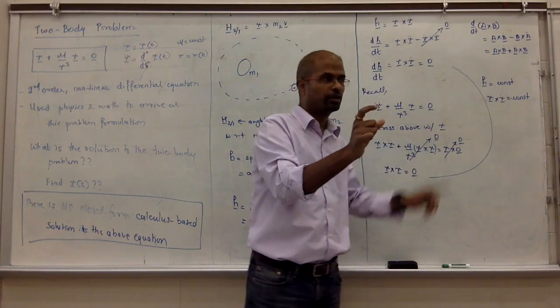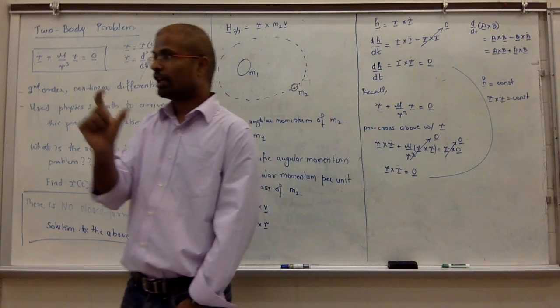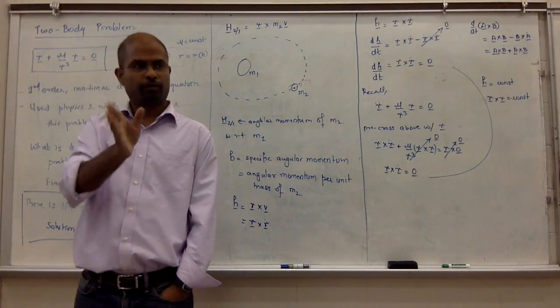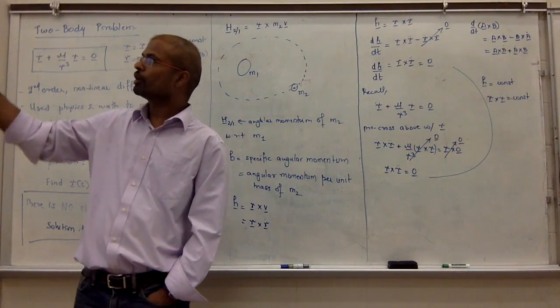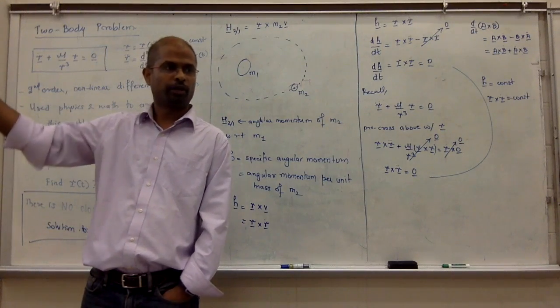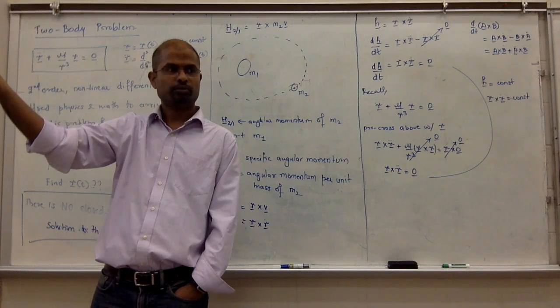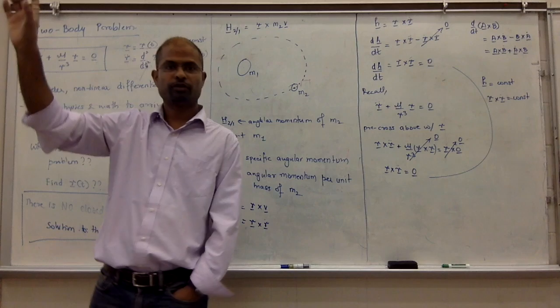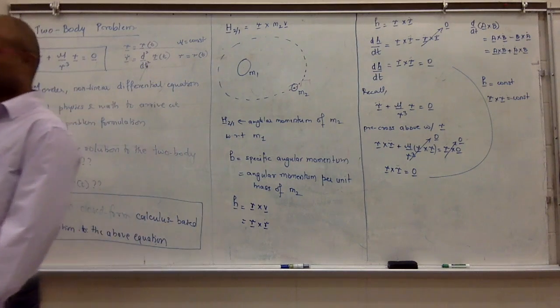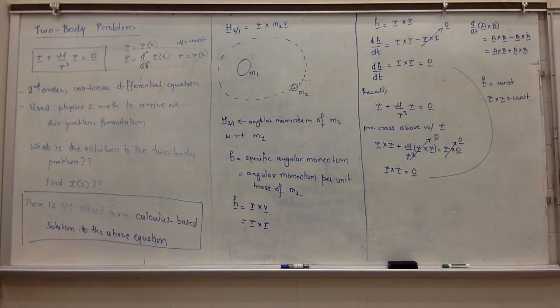Got it? So the direction is also important for us. Distance could be from M1 to M2, or M2 to M1, it doesn't matter. But the position vector is always from M1 to M2. If I say relative position of orbiting body with respect to the central body, it's always from capital M1 to